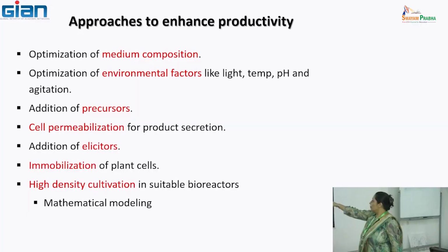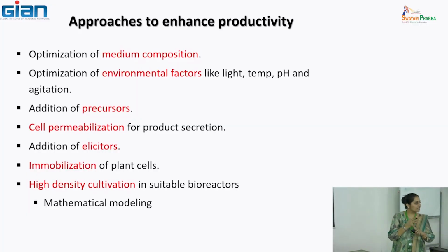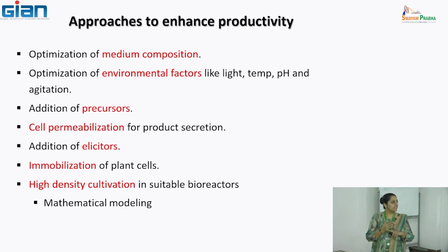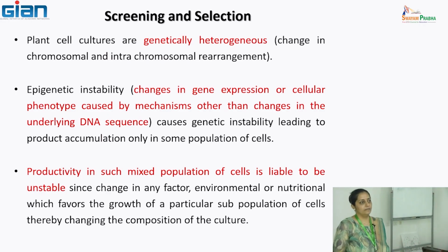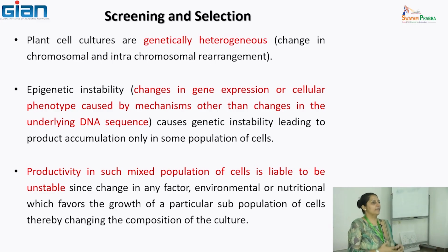But the advantage of modeling is that you can use the model to enhance the production at the reactor stage, improve the productivities at the reactor stage. You can use models to improve the yields at the cell stage when you are doing cellular engineering. I'll give you some case studies in the later half of the course when Professor Nathalie will be talking about the strategies, how you can tweak the metabolism, what are the tools available. Coming to the first step, screening and selection. We generally use these two terms interchangeably, but technically speaking, they have different meanings.